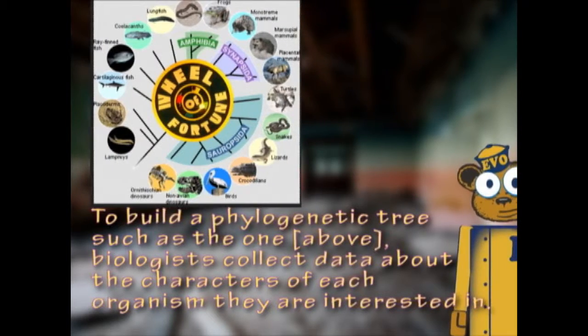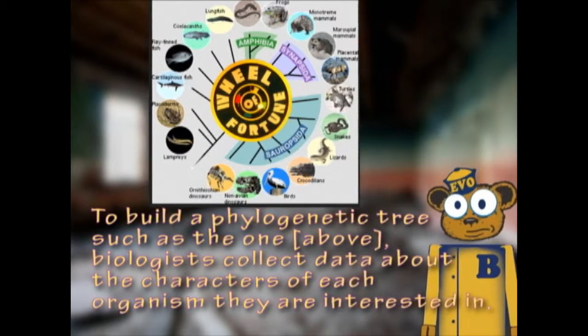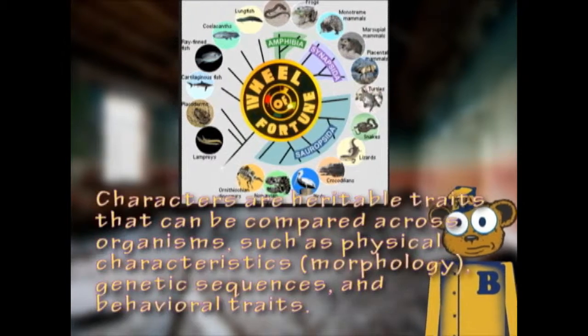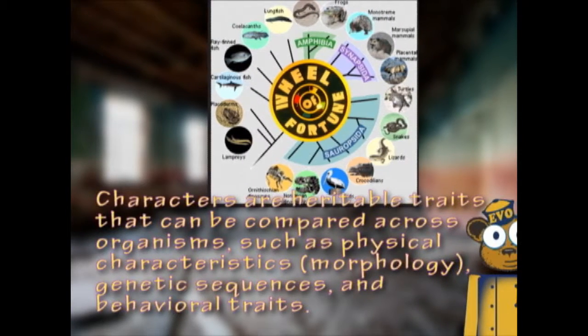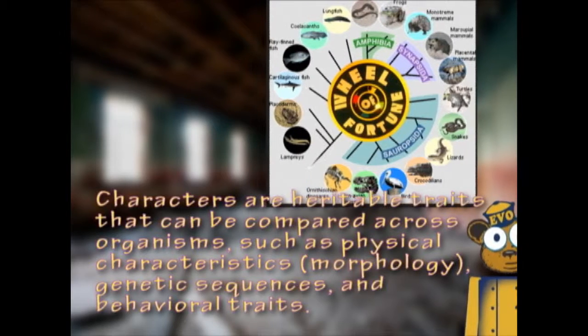To build a phylogenetic tree such as the one above, biologists collect data about the characters of each organism they are interested in. Characters are heritable traits that can be compared across organisms, such as physical characteristics, morphology, genetic sequences,